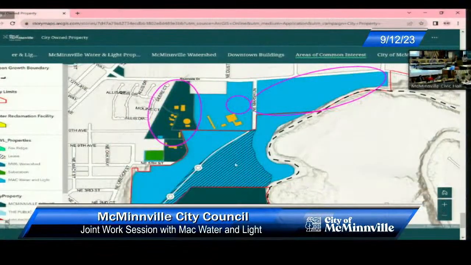Yeah, if you were to go directly south from the building and just go down into that hatched area, it's about right in that area. And I believe it was an old sewer outfall from the old wastewater plant. Yeah, that's right. It's been in need of repair for a while, and we just haven't had funding, but we do need to fix it as soon as possible.